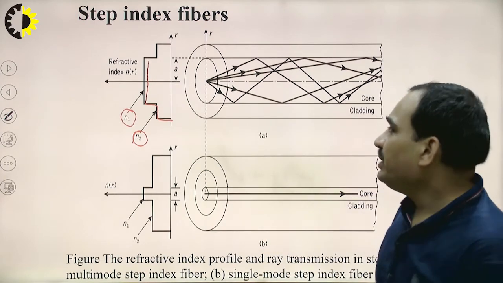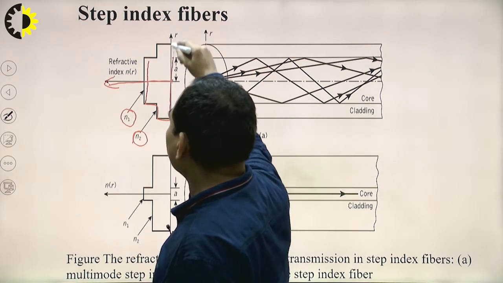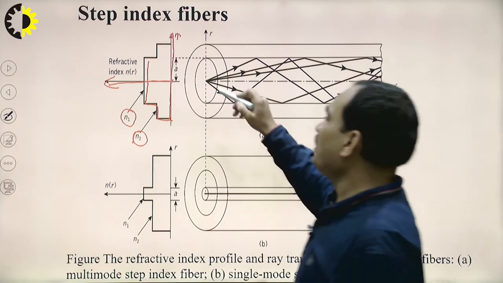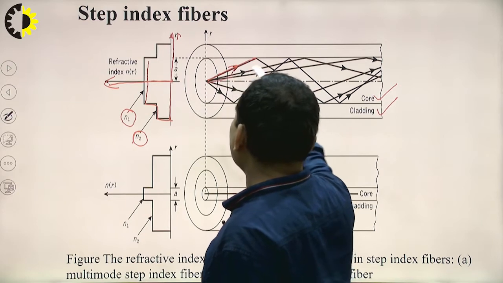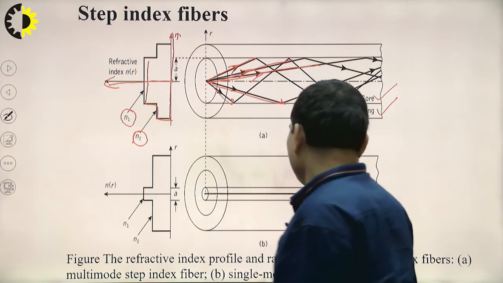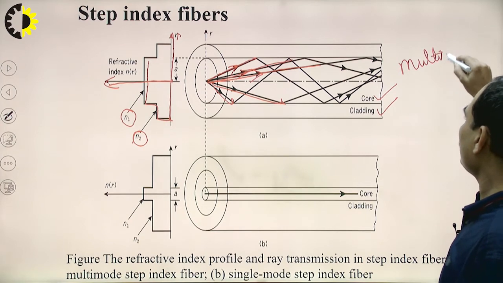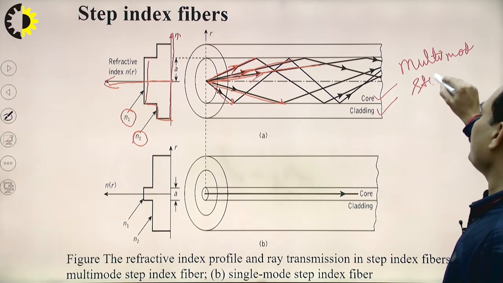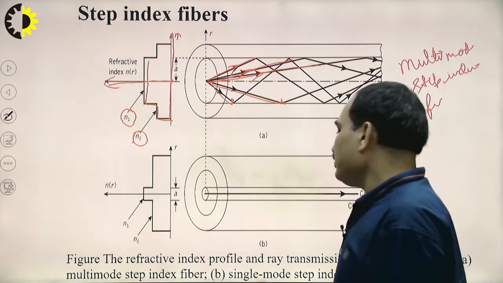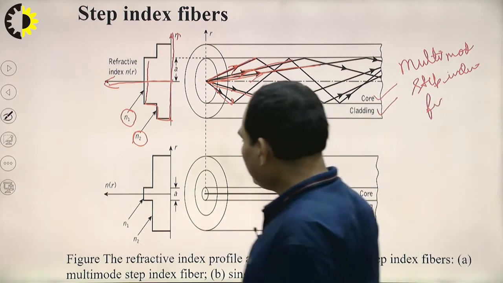As we can see from the figure, we have the step index profile, and with the radius it is varying with R. So here we have the core and the cladding, and the multiple waves are propagating inside the stepped index fiber. So when we are talking about the multi-mode stepped index fiber, another one is the example of the single mode stepped index fiber when only one mode is propagating.